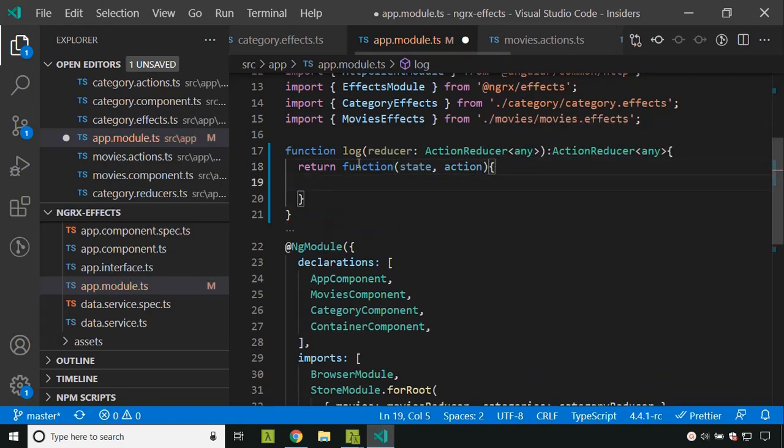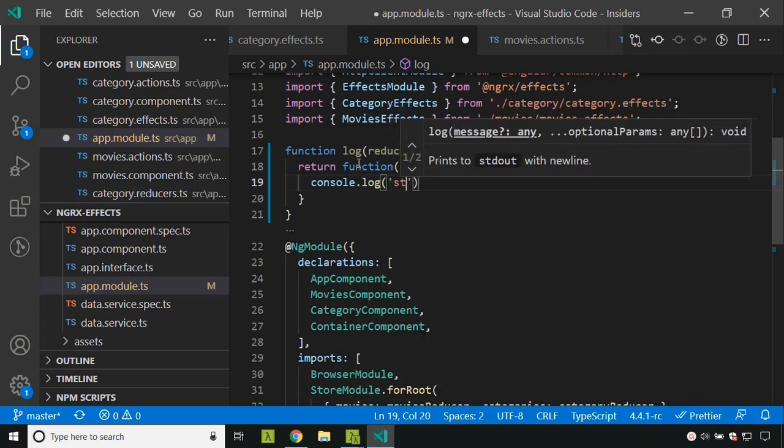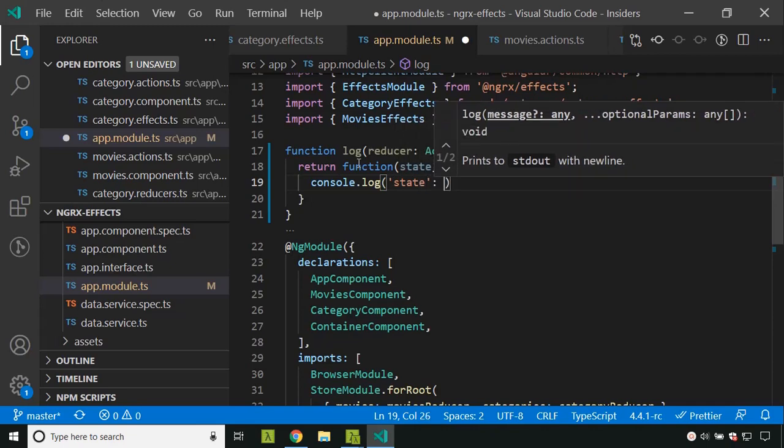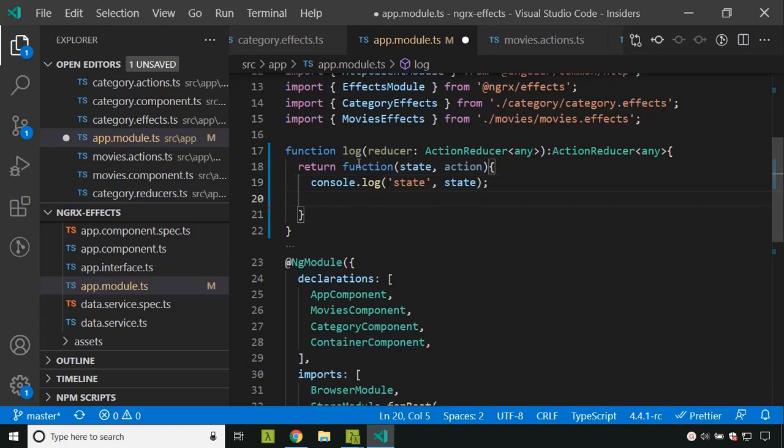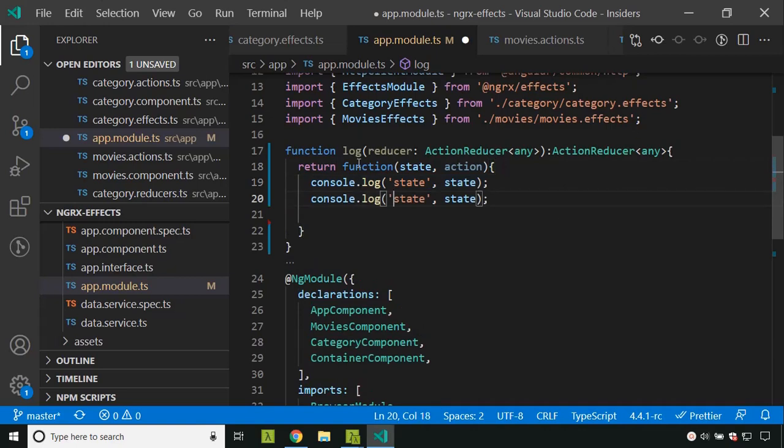and inside that we can do any pre-processing as we said earlier. Here I am just logging to the console the current state. This will be the state which is available before the reducer performs its action, and similarly the current action also we can log here.